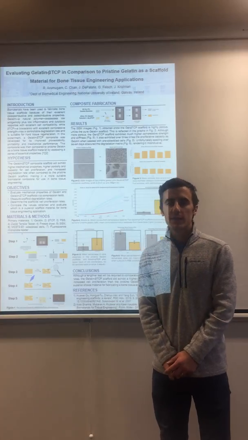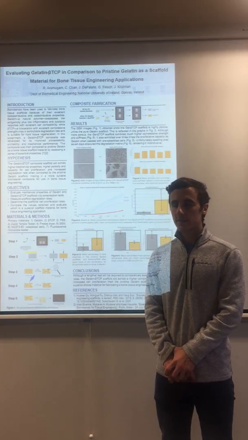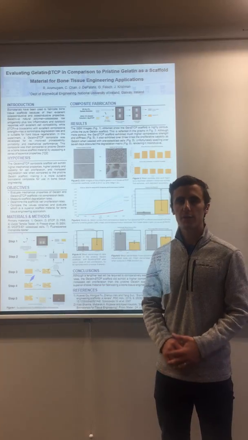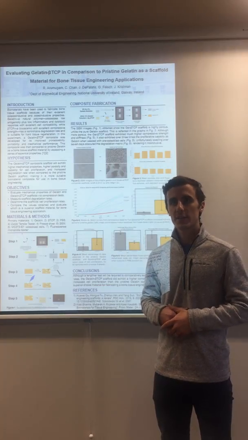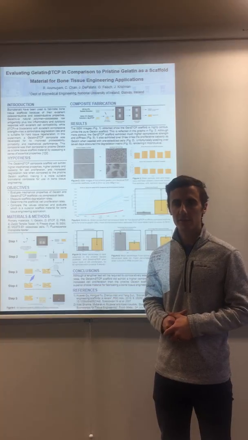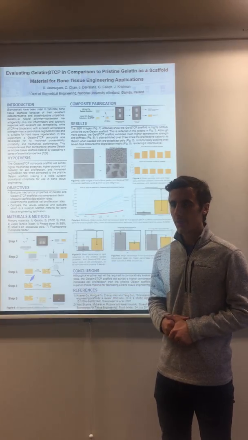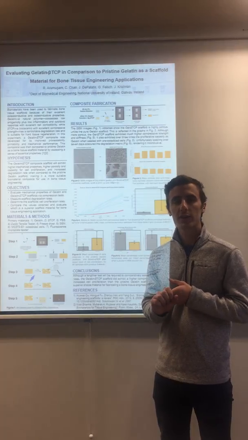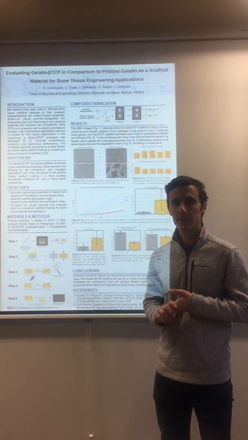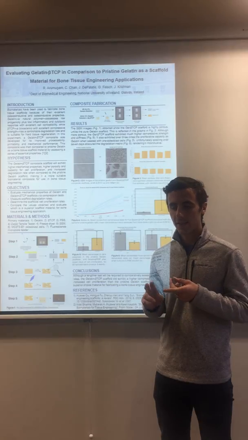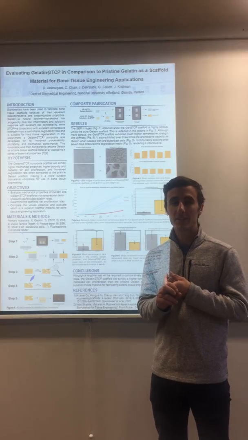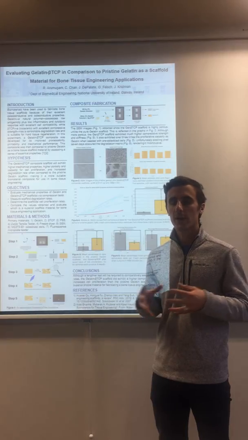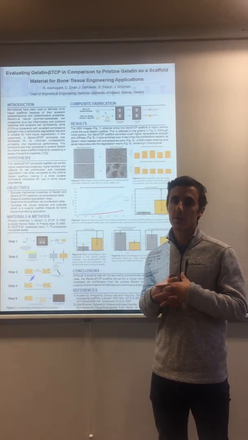In this experiment, we developed and assessed the comparative qualities of two materials for tissue engineering scaffold applications for bone tissue engineering. The two materials were a pure gelatin and then a gelatin beta TCP composite material. Gelatin has good biocompatibility and beta TCP has good mechanical strength, so we hypothesized that combining those two